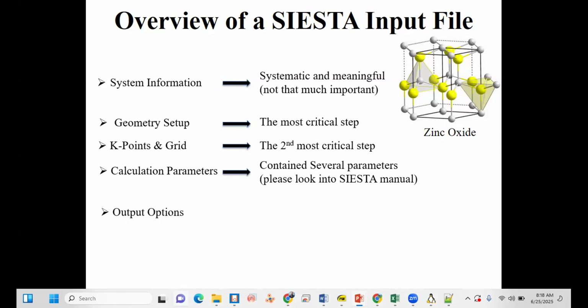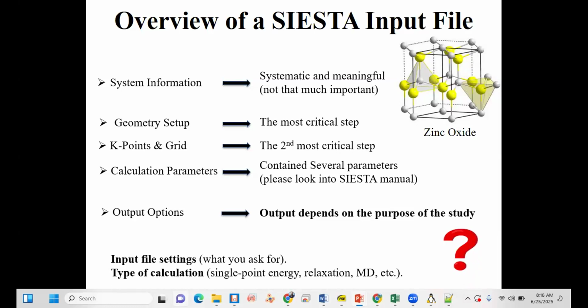The last part of the FDF file consists of output options, which depend on the purpose of the study. Maybe some of you ask the question, what does it mean? It means, what are you asking from Siesta? What do you need?